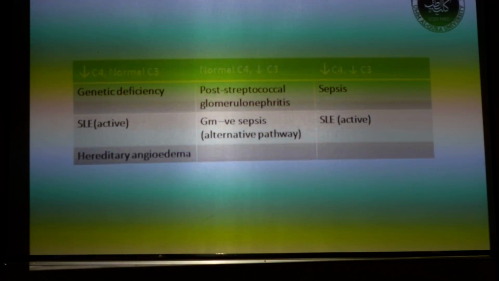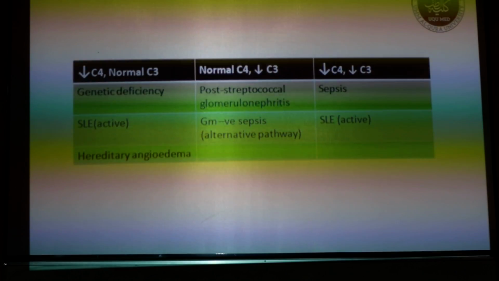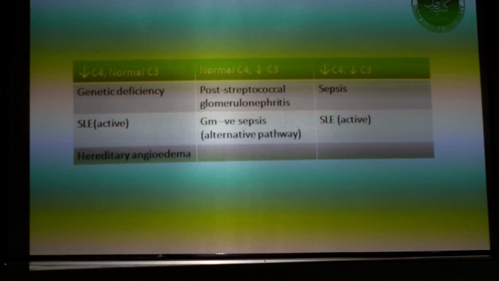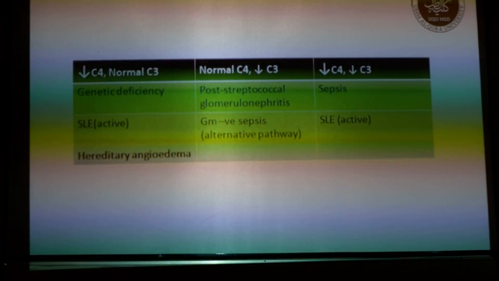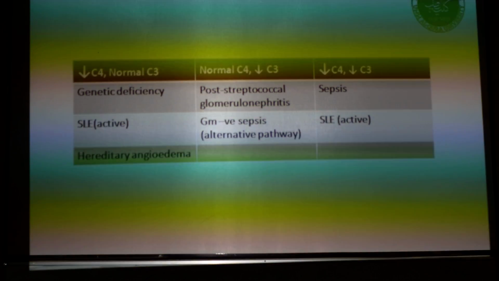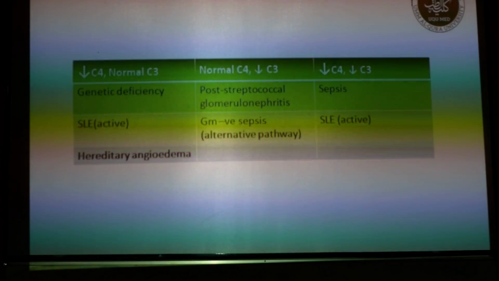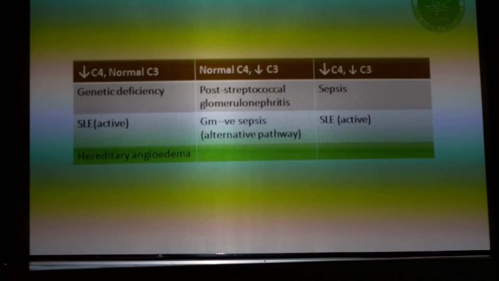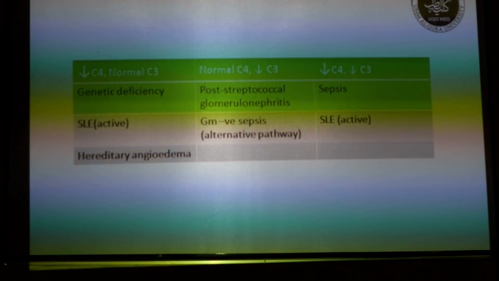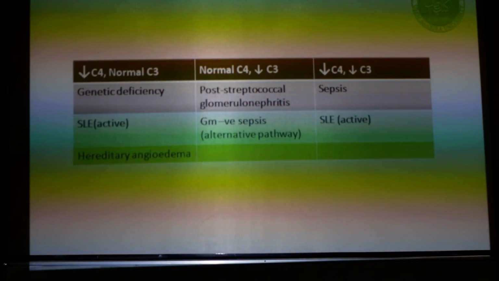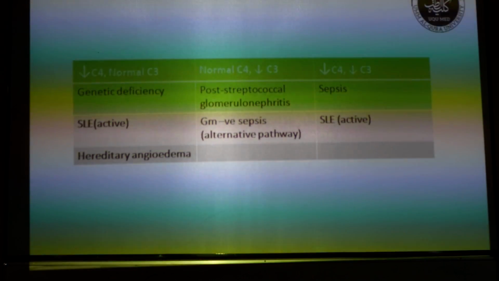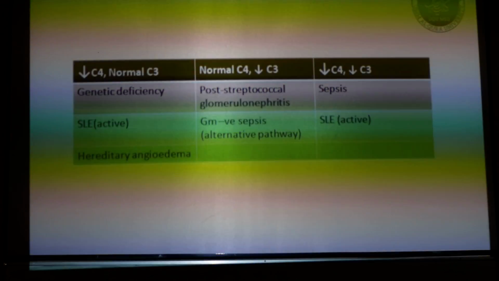The encapsulated bacteria like Haemophilus influenzae and Streptococcus pneumoniae, these are encapsulated bacteria with polysaccharides. So if anyone has got such bacteria, then it will activate the alternate pathway and C3 levels will be dropped while